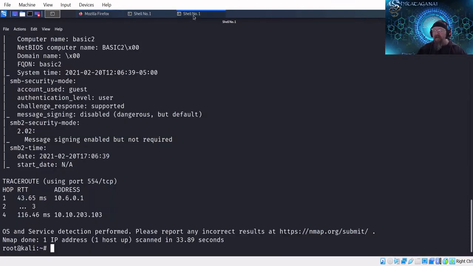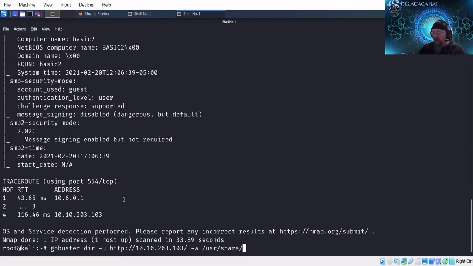So the best way to kind of go about this is you can do what they call directory busting. So again, I'll run the command and then I'll kind of explain it as we go. For this particular one, I'm going to use a tool called Gobuster because I find it a lot faster than Dirbuster, which is another competitor for that. So I'm going to say gobuster dir -u, and then we'll put http:// and we'll put in the actual IP address that we're looking for. And then sometimes I'll just put a slash at the end of it. It's not a real big deal on that. And then what we'll do is we'll do -w